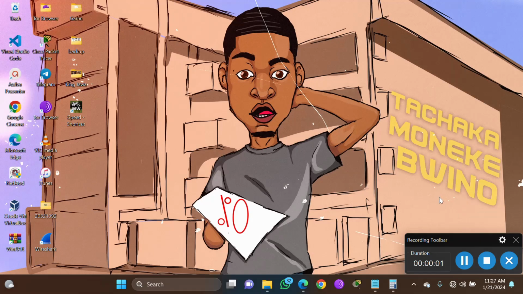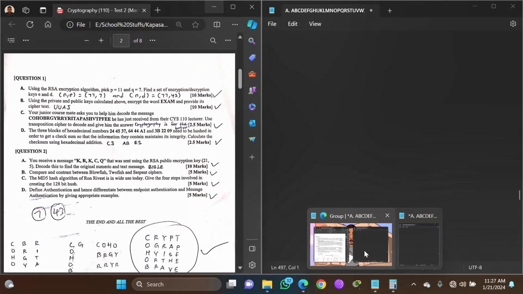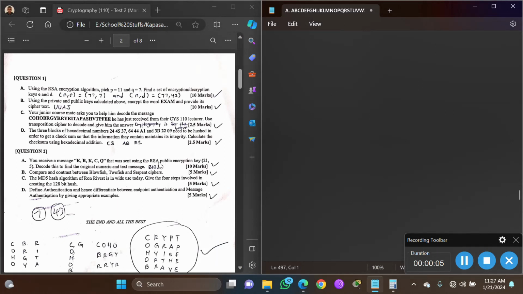Okay, so let's continue on question 2a. Basically, question 2a is just a repetition of the previous RSA calculations, like the first we had on this channel from test 1, but they are just changing the things you need to encrypt or decrypt. So in this case, question 2a says